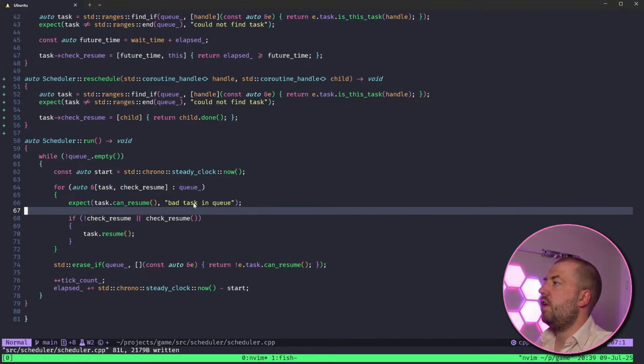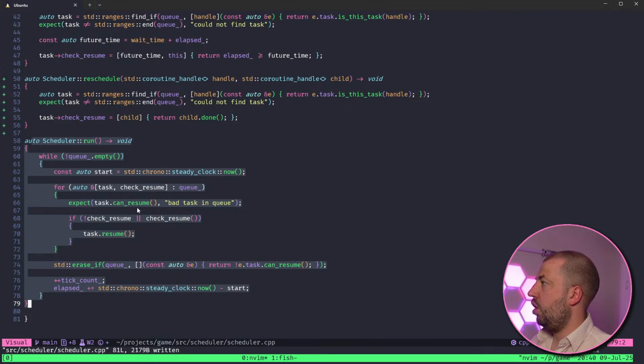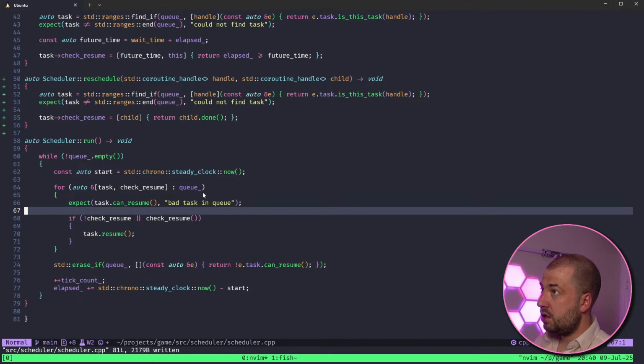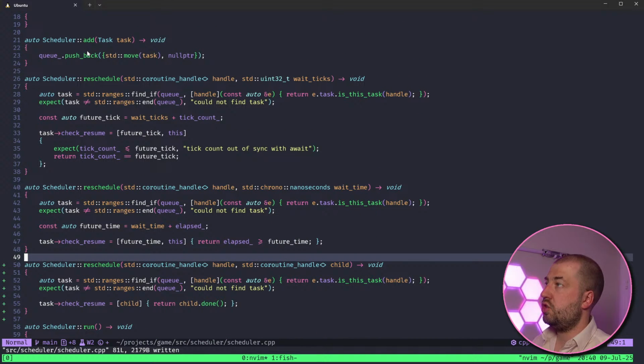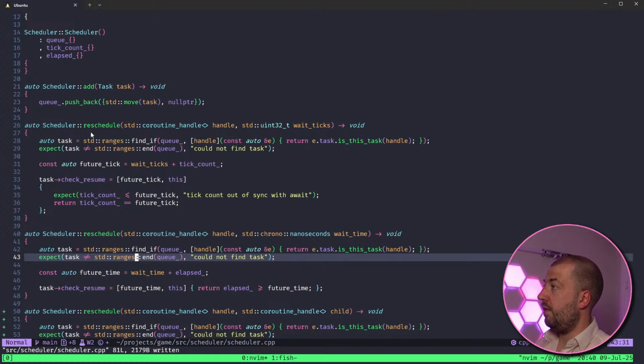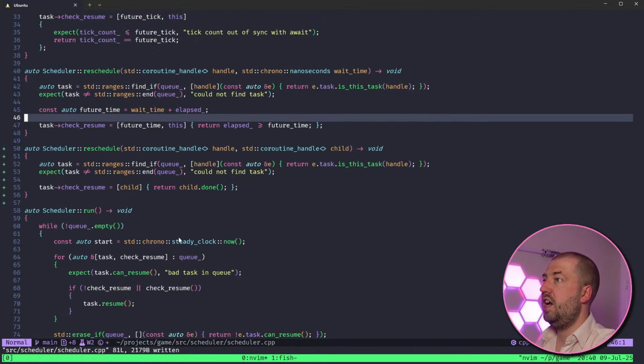So there's lots of confusing terminology here. It's async, I guess, in terms of C# and Python, where it's a coroutine. It's not async like std async. But the beauty of this is that in theory, we could create a scheduler object per thread. And then when we schedule stuff, it could go out and find any of those threads and stick it in their queue. And then each of those could be running through these. And then when they produce child jobs, they could go out to multiple threads.